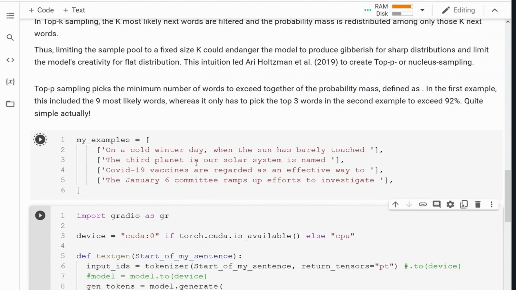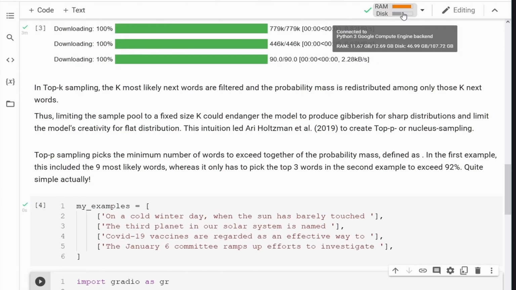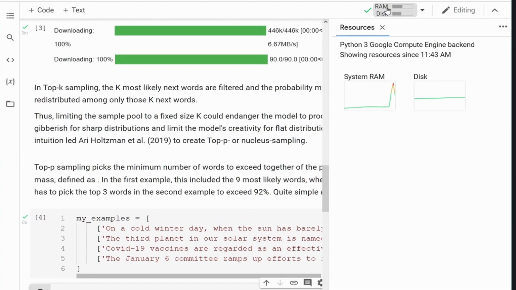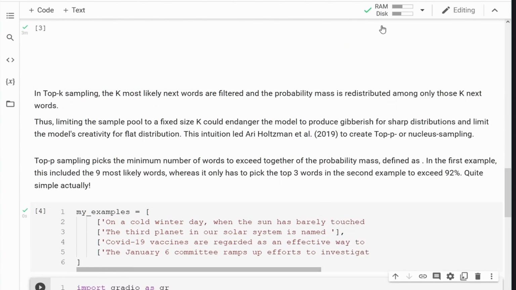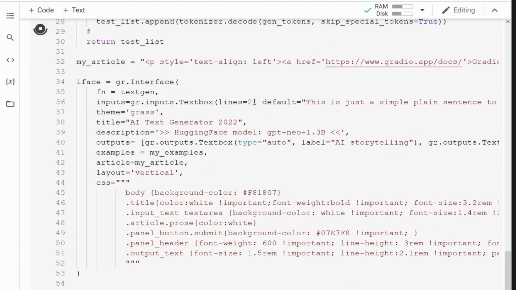And if we have finished loading, oh wow, look at the RAM. We are close to 11.67. Just managed it with our 12.6. Oh, this was really close. Have a look at this. Wait a second, where was it? Yeah, wow, look at how we spiked here. This was, wow, nice. And now that we have finished loading, finally we can execute our little Gradio model